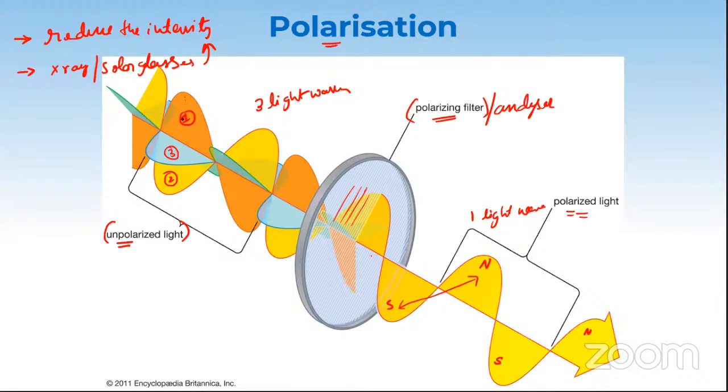But if you notice here, there are many planes. There is one plane for yellow, one plane for orange, one plane for blue. So there are many poles here, many lines, many axes. So this is called unpolarized light. Whereas this has only one plane, only one wave, so it is called polarized light. Okay, I hope I'm clear, right?